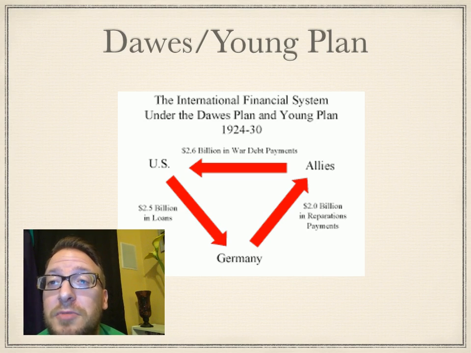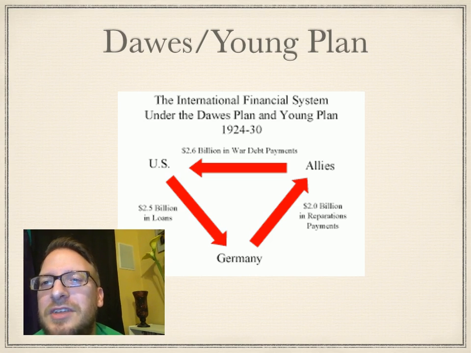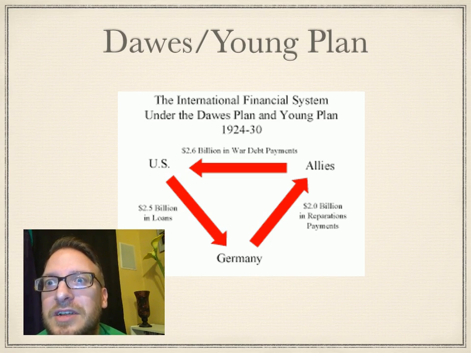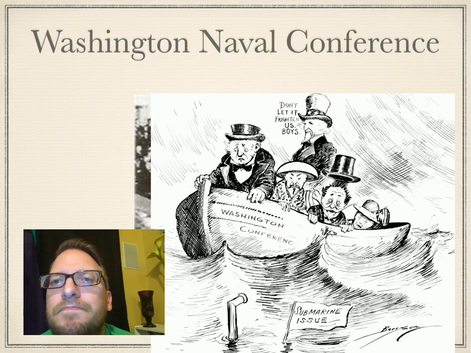The problem is Germany's economy is in such shambles. They were actually burning marks, which was the German money, to keep warm. And so that didn't happen. The Allies don't get their money. We don't get our money. And basically that $2.5 billion dissipates. And that's a big leader into our debt, why we have a lot of debt.